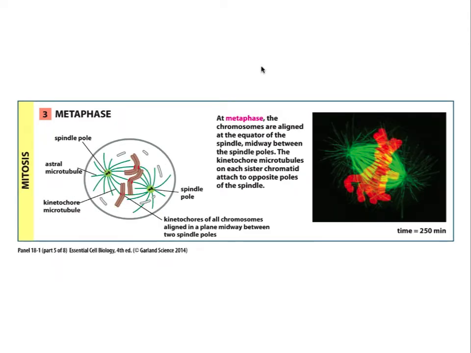Metaphase is perhaps one of the shortest phases of mitosis, where the chromosomes are pushed and pulled and arranged in the center of the cell in a 3D arrangement that's known as a metaphase plate. You can see it in the actual figure here, that the chromosome centers are all sitting along a single dimension, along the middle of the cell. Their tails may be flopping to either side, but their centromeres are all positioned in the middle of the spindle.